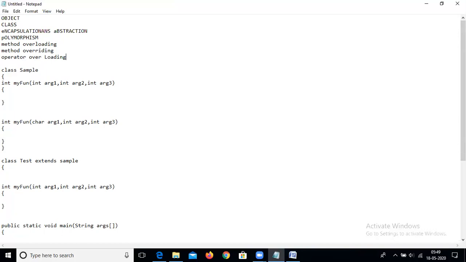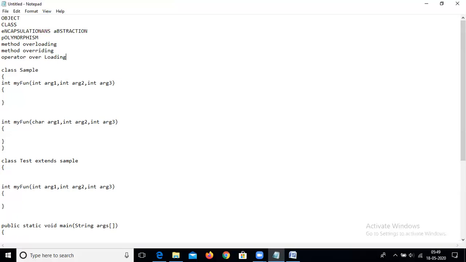Operator overloading in C++ can be done by using friend classes or friend functions. If you overload an operator, such as the assignment operator, plus operator, or minus operator, you can take another operation easily. If you are familiar with Java, in Java if you add two integers, it will show you the addition result. But if you add two strings, it will show the concatenation of the two strings. That is operator overloading.